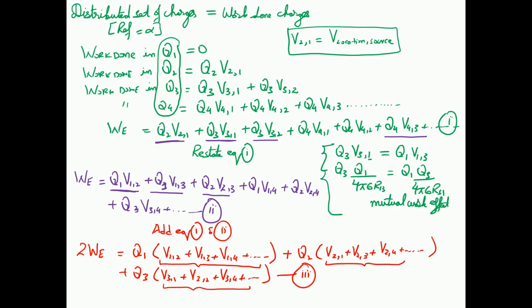So in the first set of potentials, we see that V12 means the potential at location 1 coming from the effect of 2, the potential at V1 coming from the effect of 3, and the potential at location 1 coming from the effect of 4 are all located at a single location, V1. The same goes for V2 and the same goes for V3. This means that equation 3 can be written as,